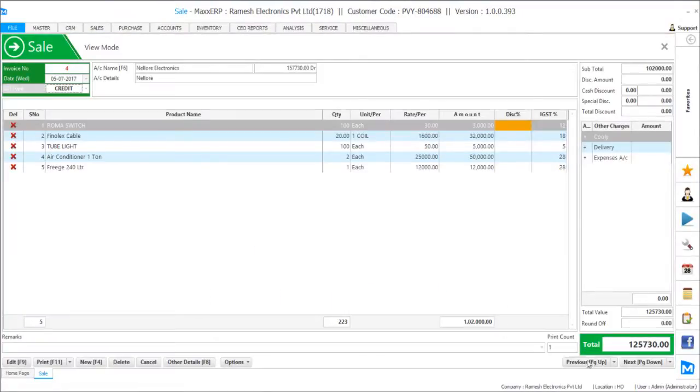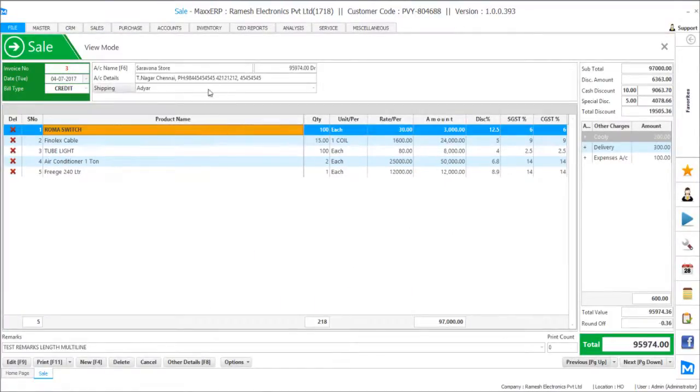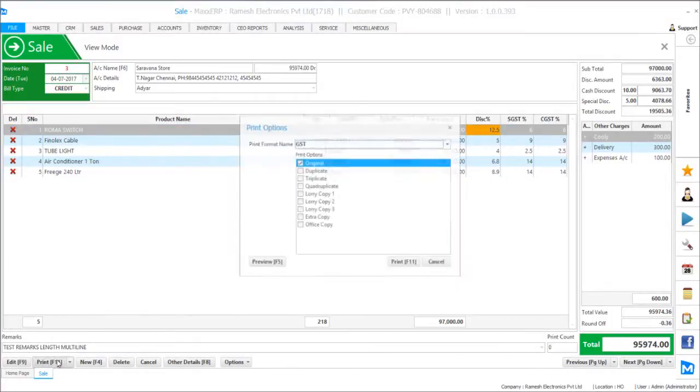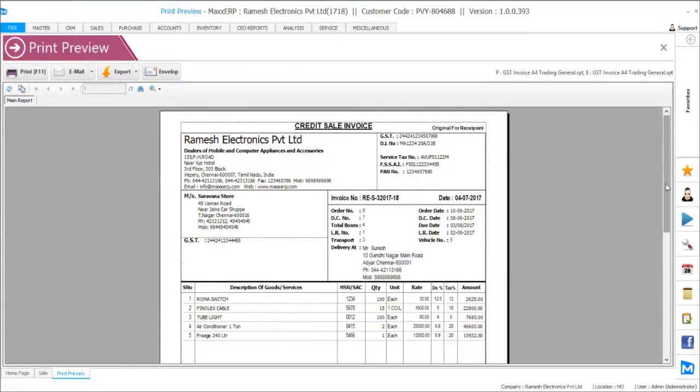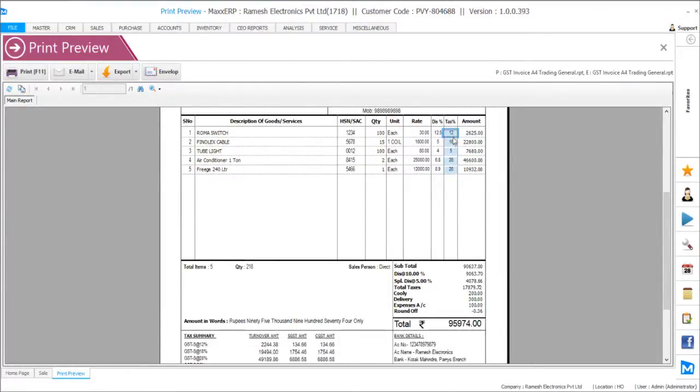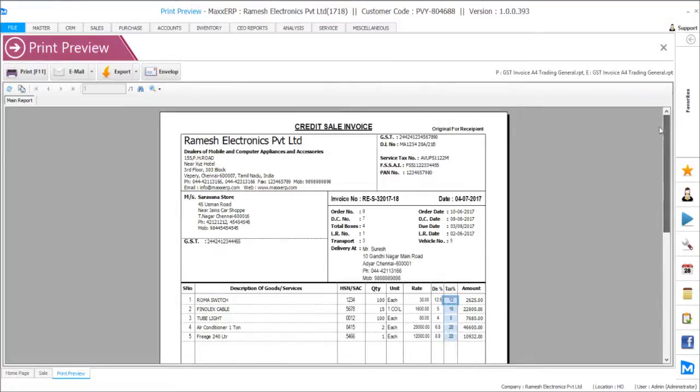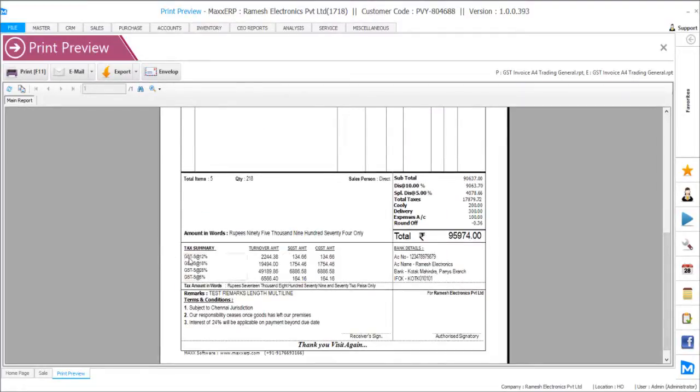In the same way we can even see a local transaction, where a local sales bill for Sarna Stores has both the columns of SGST as well as CGST being displayed on the screen, and the preview will have the summary of the same. Product wise it will just show you the taxes that are being applied. You can even check the GST numbers for the company as well as for the customer. At the bottom you'll have the different taxes which are being applied, the turnover across each tax, and the splits between SGST and CGST.